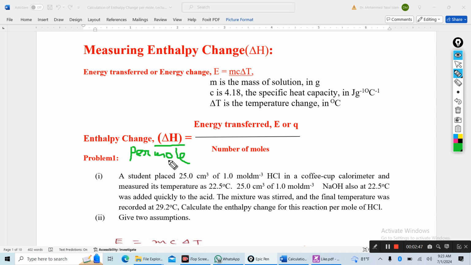Enthalpy change per mole will be energy transferred E or Q divided by number of mole. I mean energy transferred, if you divide by number of mole, you will get enthalpy change per mole. So now you see